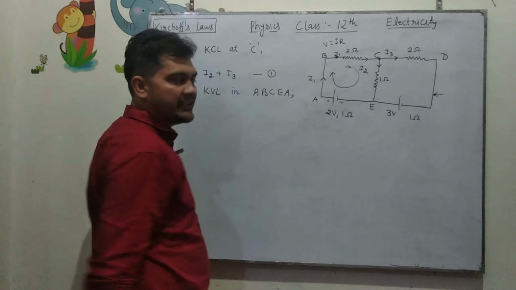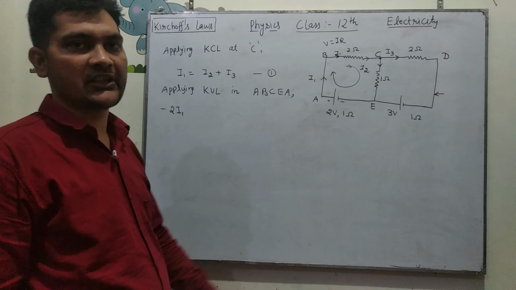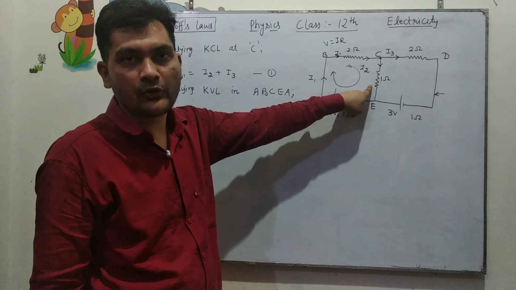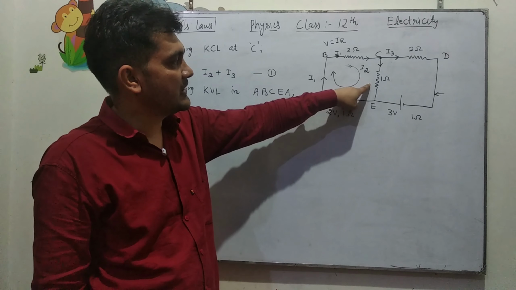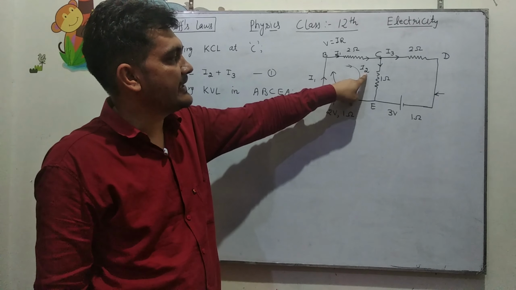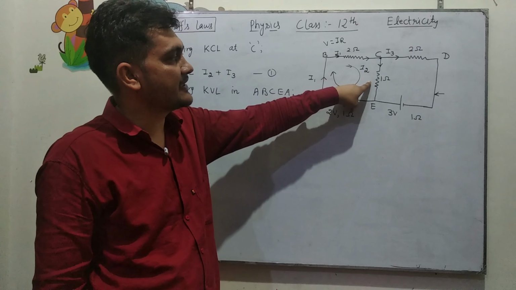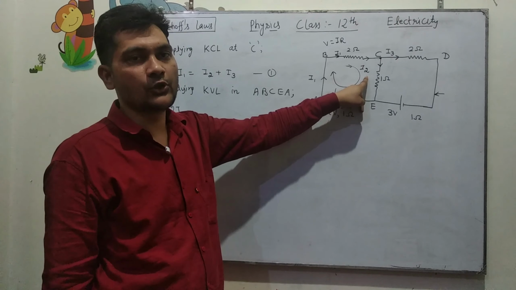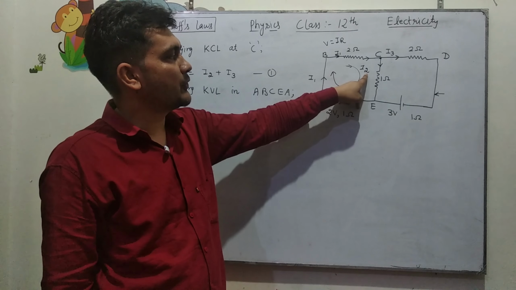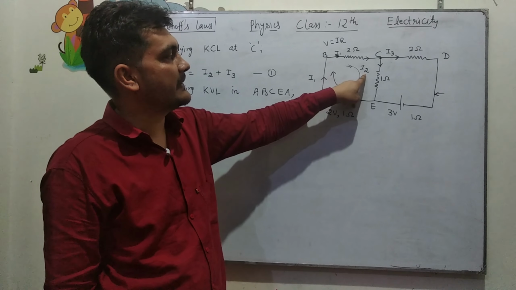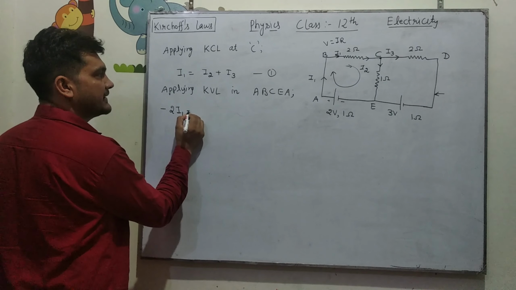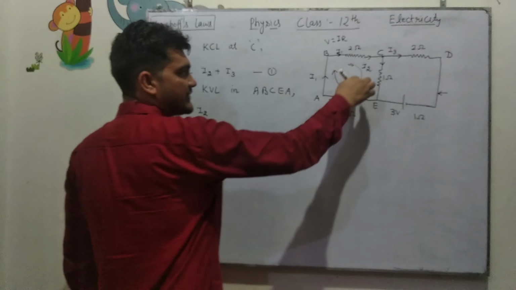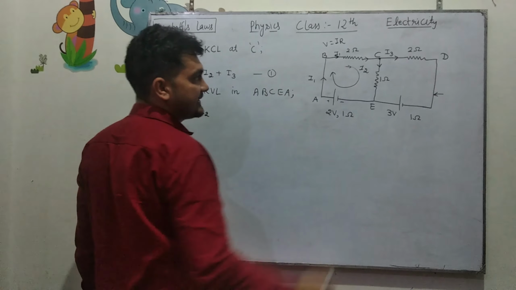While moving from C to E, there is again one more resistor, and we are moving in the direction of flow of current. Therefore, there is a drop of potential, and the drop of potential this time is V is equal to IR. There is current I2 in this branch and resistance is 1 ohm. Simply you multiply these two using Ohm's law. V is equal to IR. The drop of potential is resistance multiplied by current. Therefore, it is minus 1 into I2. So, it is minus I2 potential dropped across this resistance.